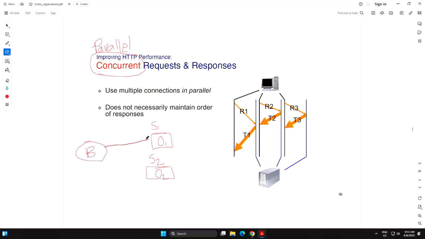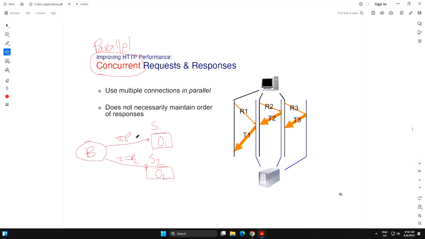So this is TCP connection 1, right? TCP 1. And you can say I can open another TCP connection, which is TCP 2. So this is parallel. You open both TCP connections at the same time to two different servers. This is concurrent. And you might say, oh, if I do that, I can get these two objects at the same time. Parallel processing. We know that the parallel processing speeds things up.